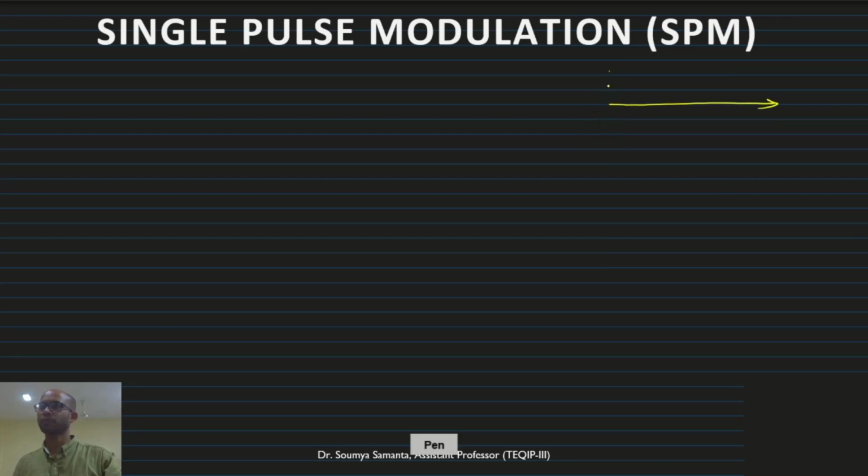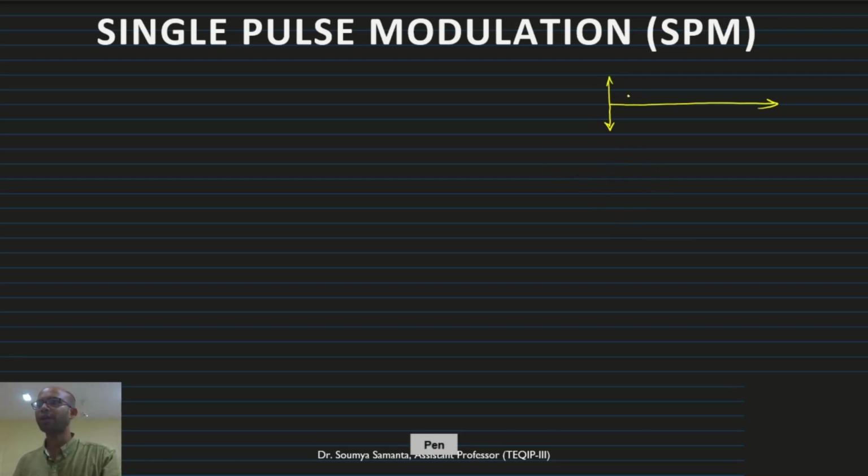Let's say this is the output voltage. Previously what was the output voltage? Square wave. Now what I have done is the width of the pulse has been controlled from the square wave. Now the width is not pi. Previously what was the width? The width was pi in case of square wave operation, that is from 0 to pi and pi to 2 pi. This duration is 180 degrees. Now we are controlling the width of the pulse, and this is less than 180 degrees.